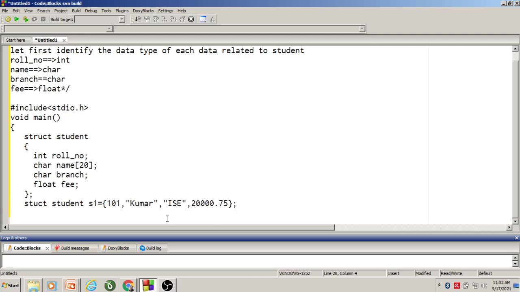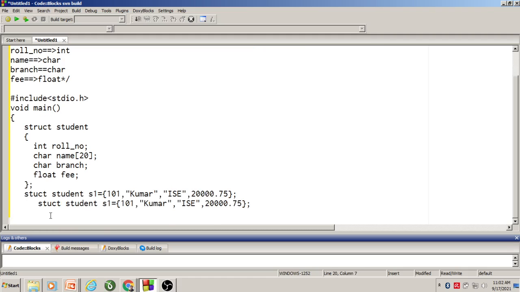So I will create a structure variable for the next student. This is represented by S2 and 102. The name is Ramesh, ISC department, 30,000.